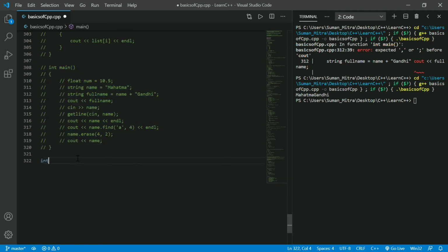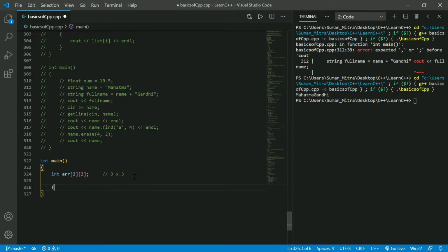You can just write int main, and you know how to initialize an array. Just write array with 3 cross 3. If you know about matrices, you may know this, like a 3x3 matrix. It will contain 3 rows and 3 columns. And how to initialize it? You have to use two loops for that, one for the rows and one for the columns.